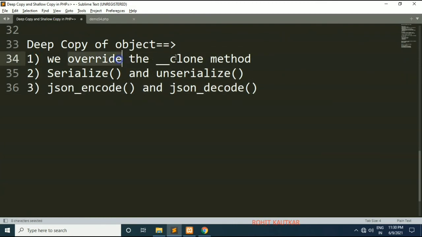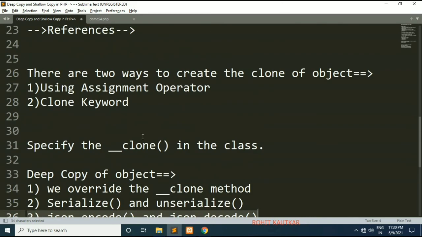First way was using the clone method, overriding the clone method. Second way was using the serialize and unserialize function, and third way was using the JSON encode and decode functions. So friends, in this video we have discussed how to create the copy of an object in PHP. There are two ways, one is shallow copy and one is deep copy.